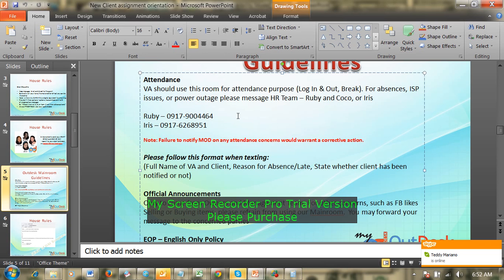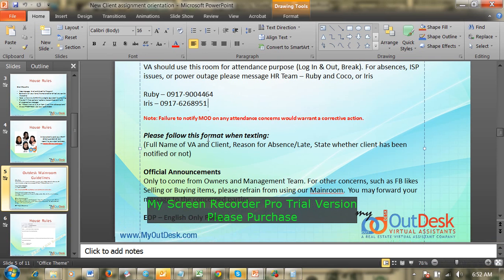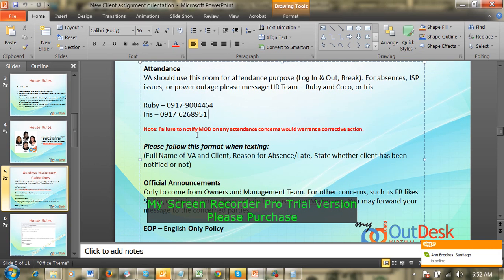So here, what else should I be adding here? Let's say you will not be able to make it to your shift. Make sure to notify your client, but of course, if it would be via email, make sure to copy modhr@myoutdesk.com.